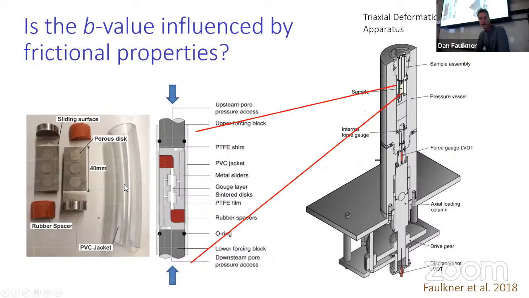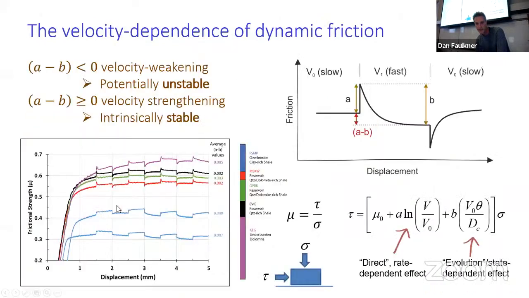So we ran shearing experiments as well. We took the crushed material that we've collected from borehole and we shear it under high pressure, basically simulating the conditions at 2 kilometers depth in British Columbia in one of our triaxial apparatus. We use this direct shear assembly, which we developed in Liverpool a few years ago. And I'll show you some of the data that come out from this.